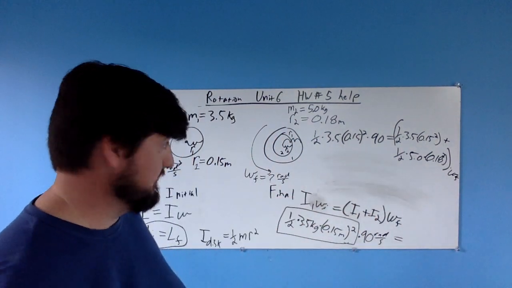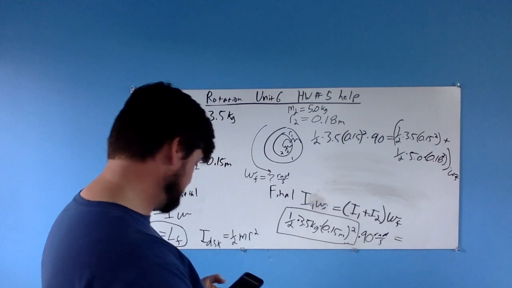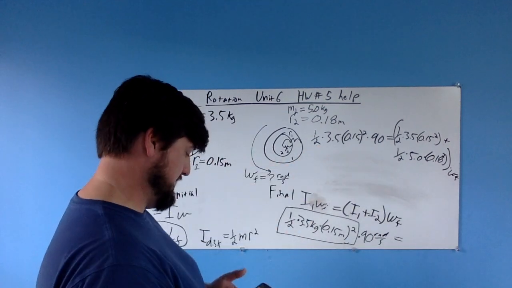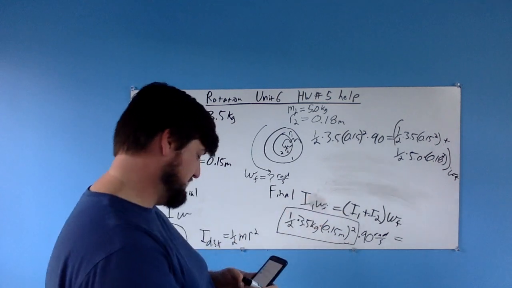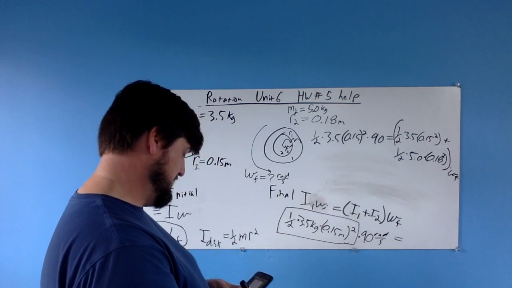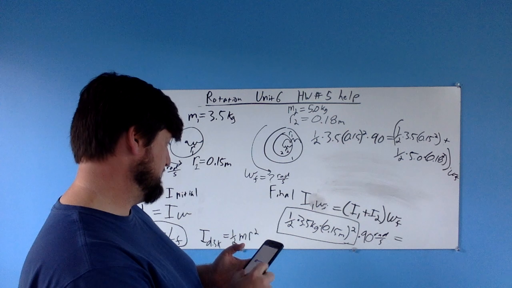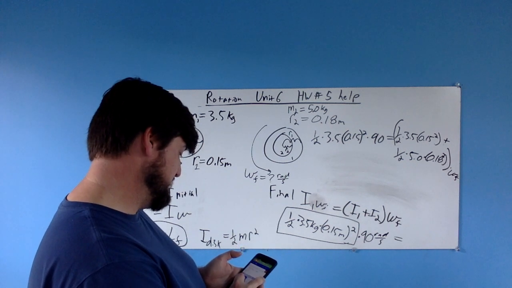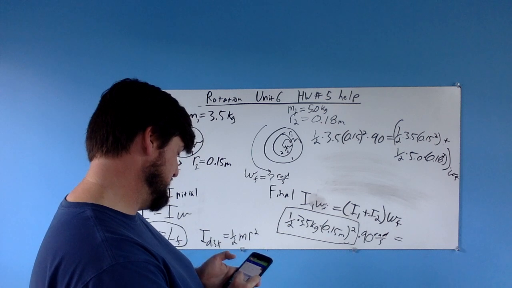So I'm going to pull out my calculator. You guys can do the same thing at home. And I'm going to figure out the number on this side and make it easier to look at, okay? So for the initial case here, all right. I should be able to do this probably in my head, but you know, that's not happening right now. So 0.15 squared